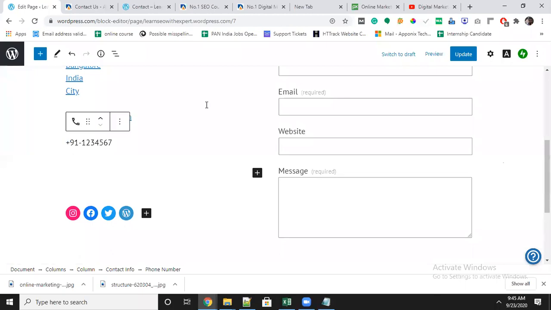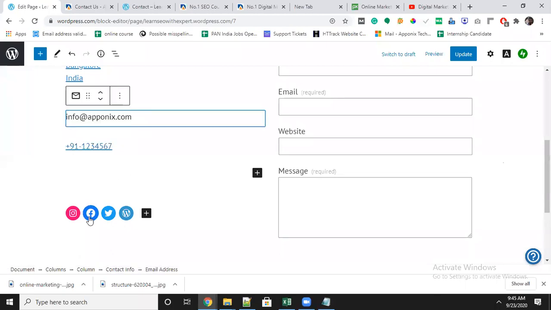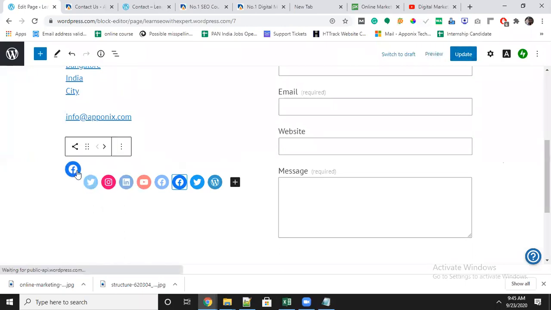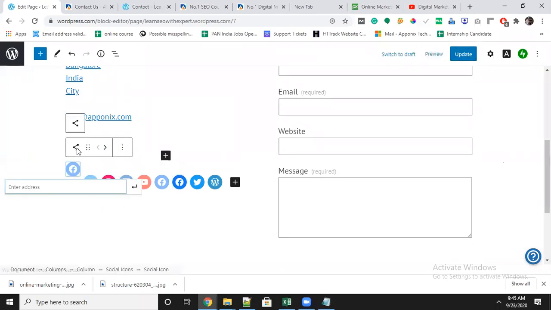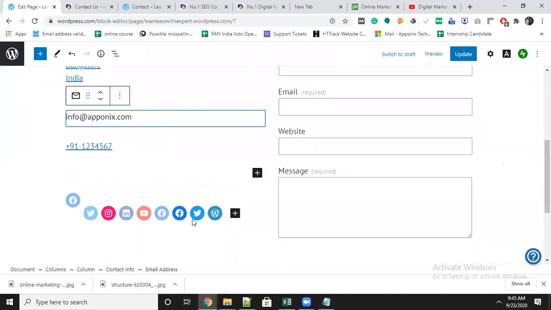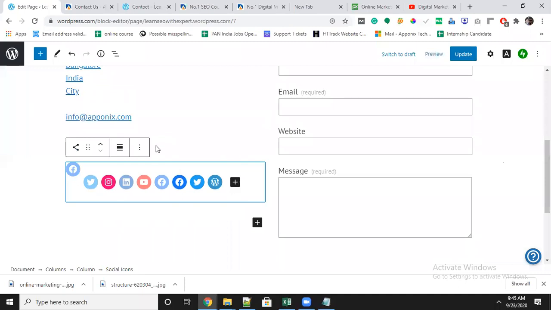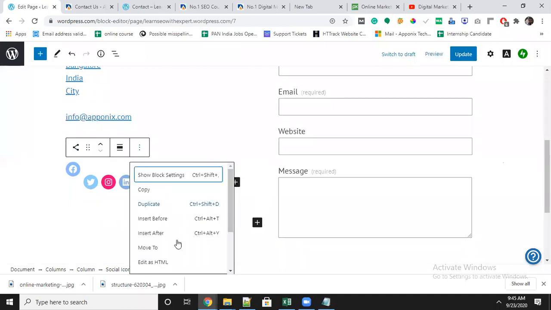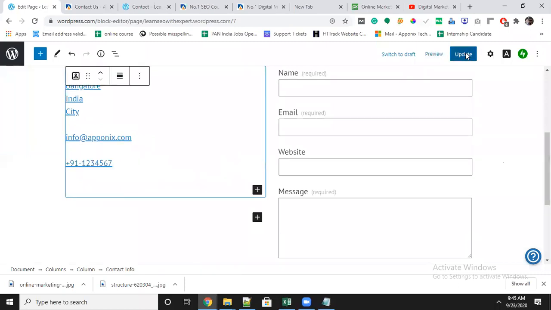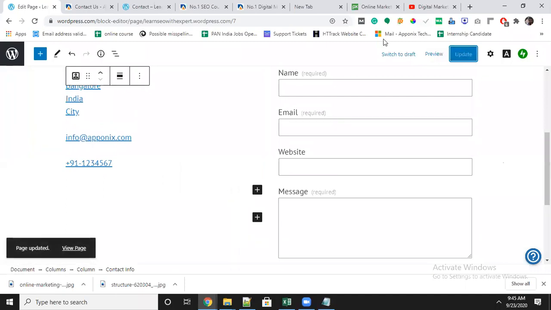Whatever you want, you have the option. Even if you want to connect with Facebook, you just have to click on the respective social media and add that particular link here. If you don't want a complete section itself, you can just click on it and choose the remove option. They have made it completely flexible. We can make it completely as per your requirement.